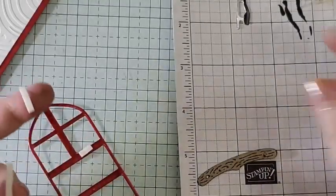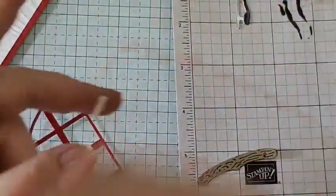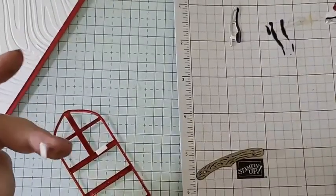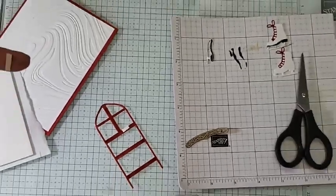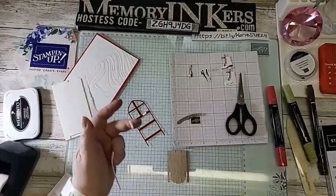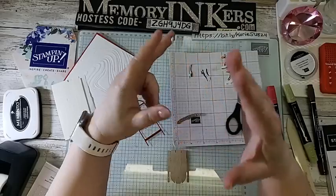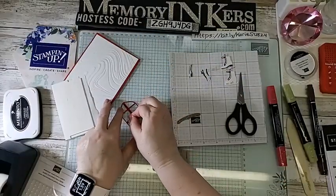sled bottom, because it does, right? It's got those, you know what I'm talking about. Here's the sled, and then, oh, I should maybe back down a little bit. Hang on. Can't see what I'm doing. Oh, what did I do? Hang on. There we go. All right. I'm just going to go back down. You know how it is. There's the sled and then there's the